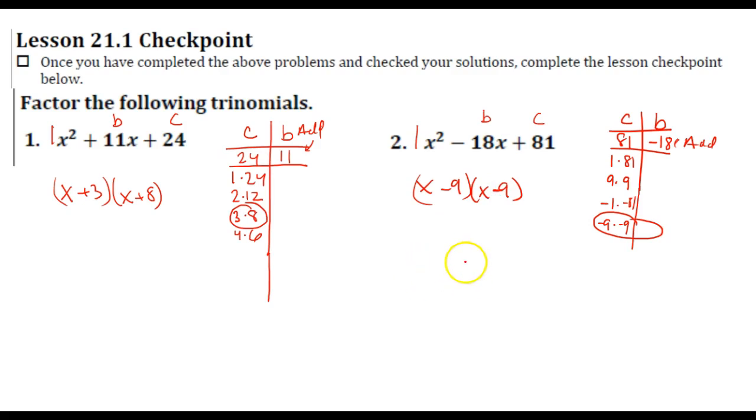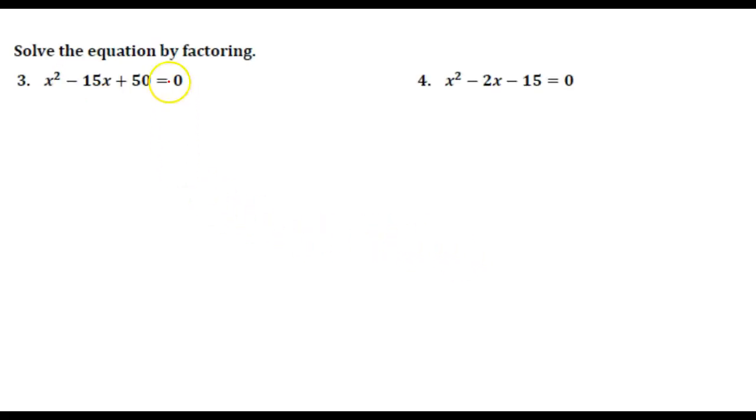Cool. Let's go on to the next two and your homework assignment. So here it says solve by factoring. So again, we're going to factor to solve. So again, I'm going to identify my A, B, and C. My A, B, and C. And I'm going to list out my factors for C, which is 50, B, which is negative 15,